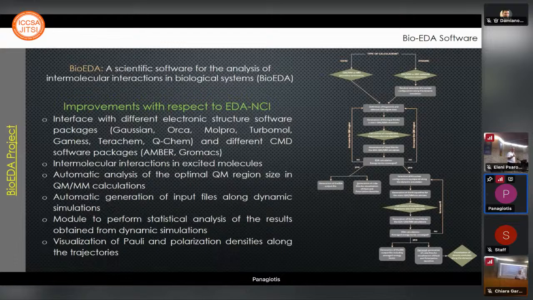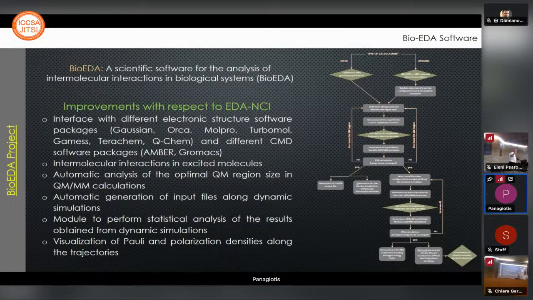This is very important to study photophysical, photochemical processes, which are very frequent, for example, in phototherapy treatments and so on. Then some automatization for the analysis of optimal QM region size, statistical analysis along the trajectory in